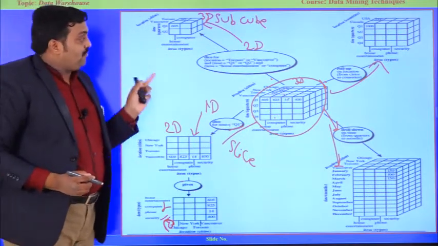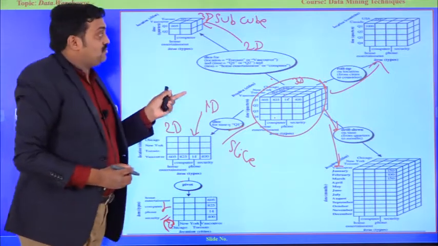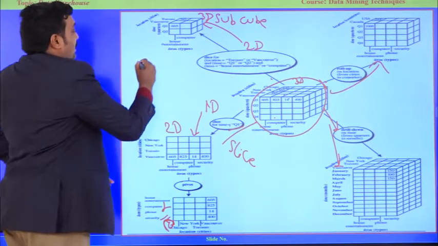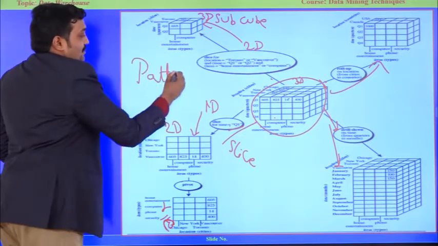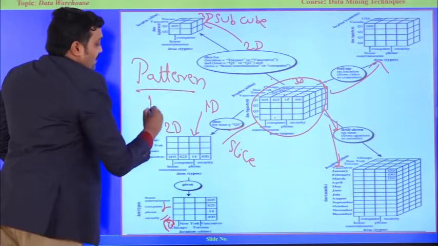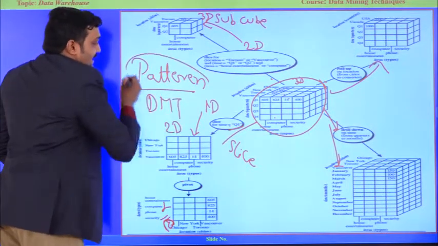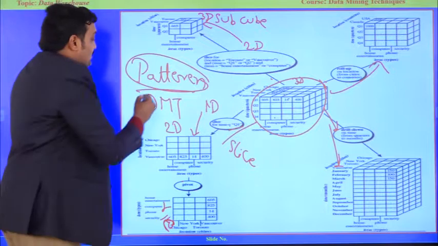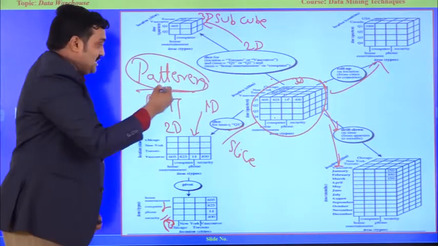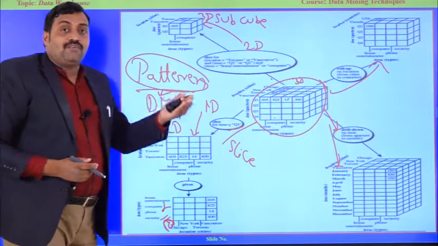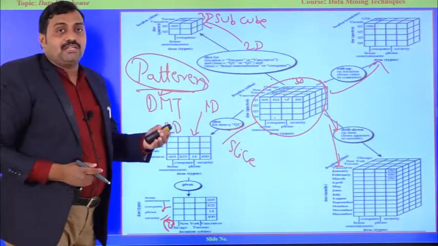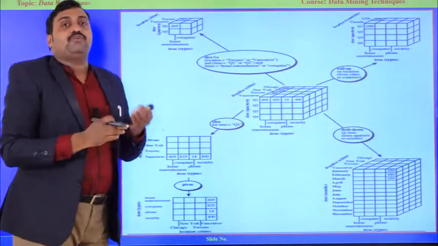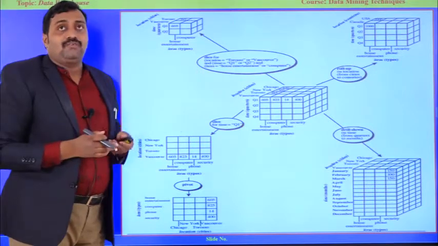Very important when we want to work with any data warehouse. On a data warehouse we perform these operations to get the patterns. By applying your data mining techniques to get the patterns, we apply any of these operations. Once we get the patterns, we use those patterns as results to perform classification, clustering or association algorithms based on your task. From that we get the knowledge. Based on that knowledge, we take a decision. This is the OLAP operation of the data warehouse.